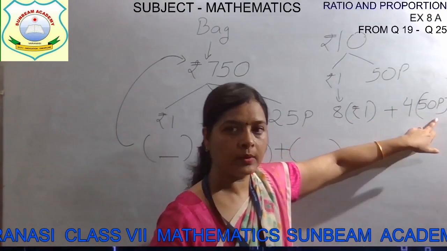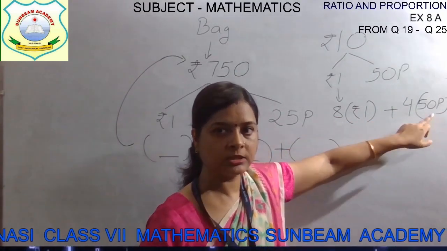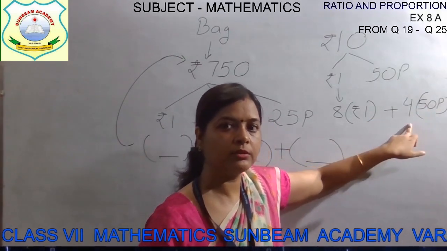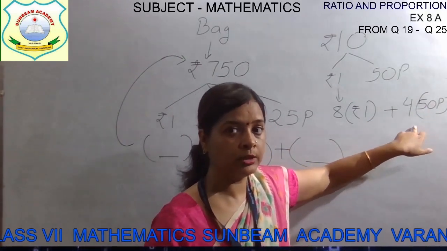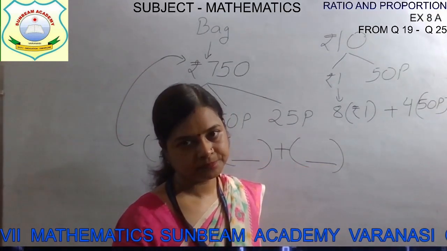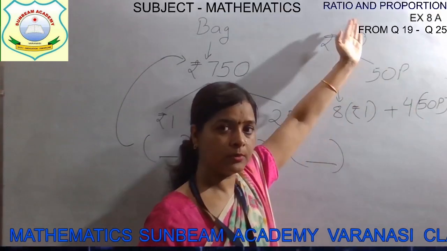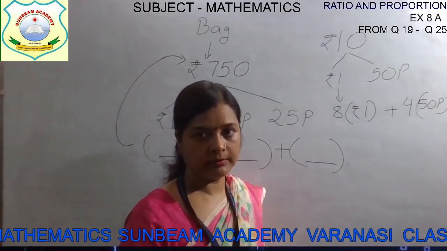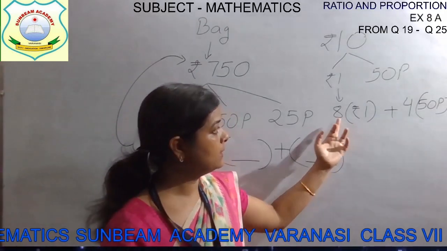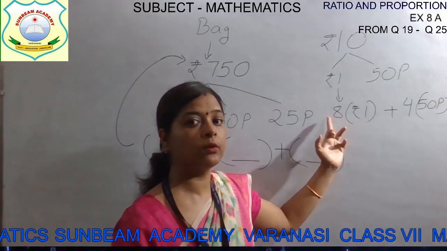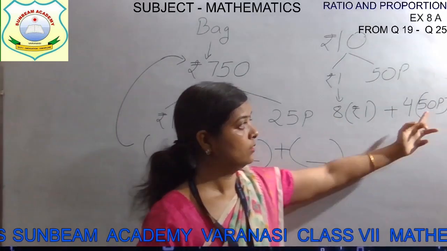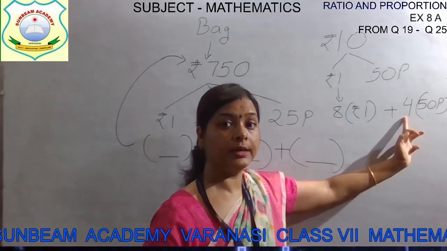Then how many 50 paisa coins will there be? It will definitely be 4, because when you multiply 4 into 50 paisa, you will have 2 rupees. Isn't it? So in this process we can get the total value. So children, exactly what we are doing, we are multiplying the denomination with the quantity.